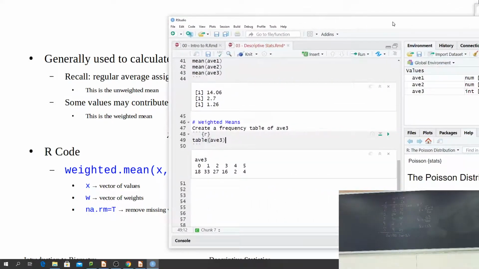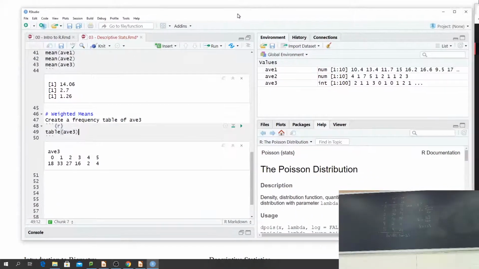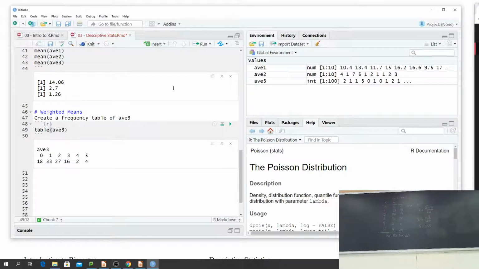All right, so we have our frequency table here. We did this so we can see what we're looking at, because sometimes if you have a missing value, let's say a missing 4, that gets left out of the table. It's not going to list 4 and then 0. It just gets left out. So when we pass it a vector of values, we're going to utilize our table here.